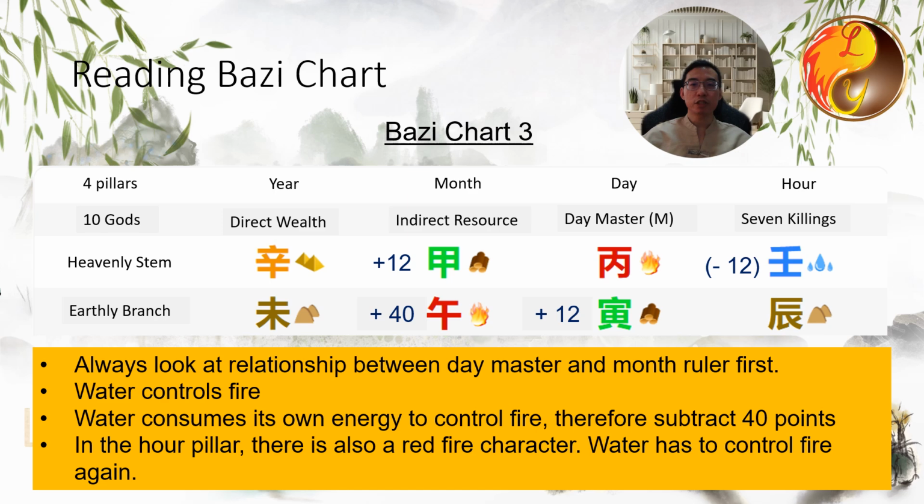This is a classic Bazi chart, and finally, we have found one with a strong day master. First, look at the person's day master, which is red, indicating a fire day master. The month ruler is also fire, which supports fire, adding 40 points. Additionally, there is a green character representing wood. And wood generates fire, adding another 12 points, with more than 50 points from elements that support and help the day master. This person is considered to have a strong day master.